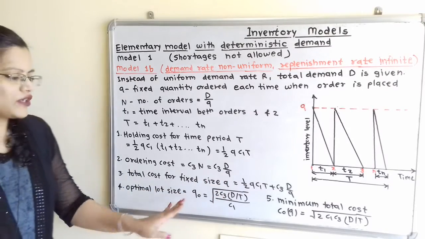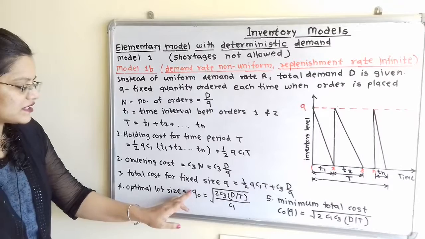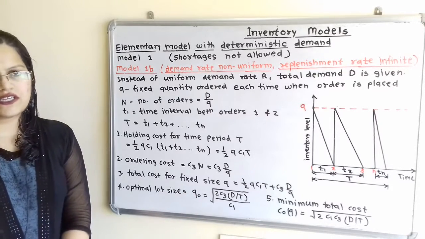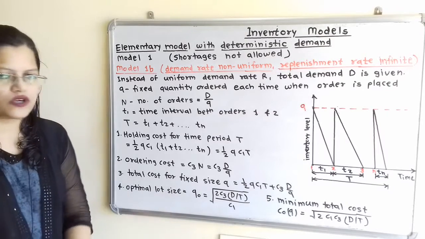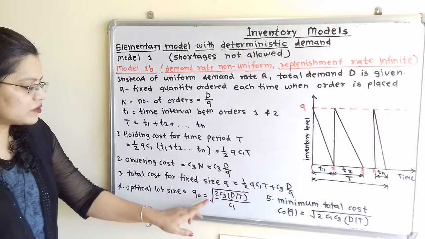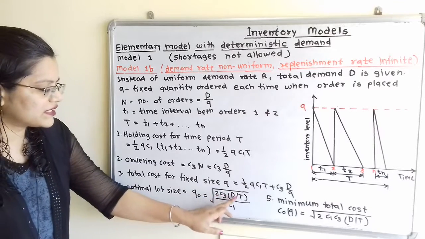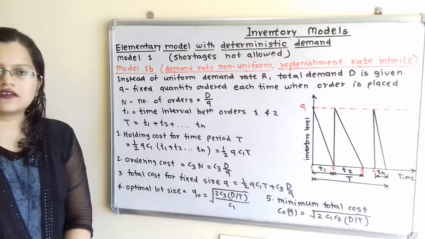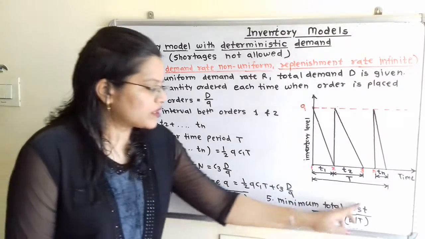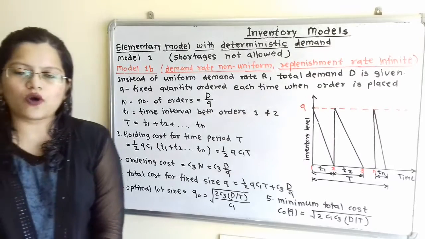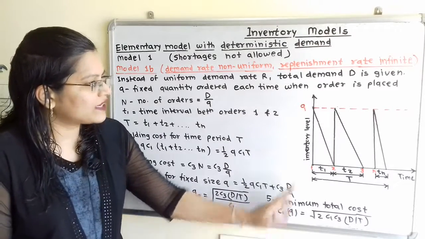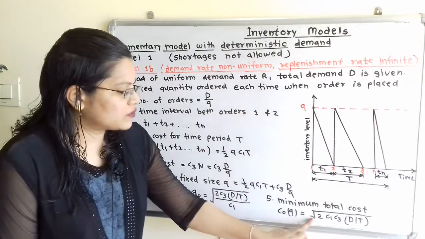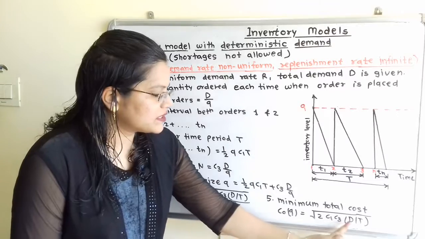Then optimal lot size, that is Q sub O, or we can also say economic order quantity, or economic lot size. Q sub O is equal to the square root of 2 C3 D by T by C1. Here both costs C3 and C1 are considered. Then minimum total cost, that is optimal cost C sub O. Here the quantity is fixed, so in bracket we have written Q, which is equal to the square root of 2 C1 C3 D by